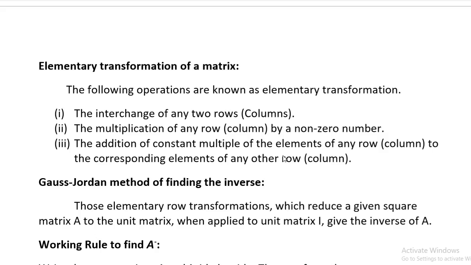Before starting, let me recall what we did in the previous one. We went through the determinants of a matrix, its properties and inverse of a matrix, right? And at the end of the lecture, I said we will go to the elementary row operations of a matrix, which are very helpful in finding determinants and other things. So when we perform those operations, we transform one matrix to another matrix, who are equivalent to each other.